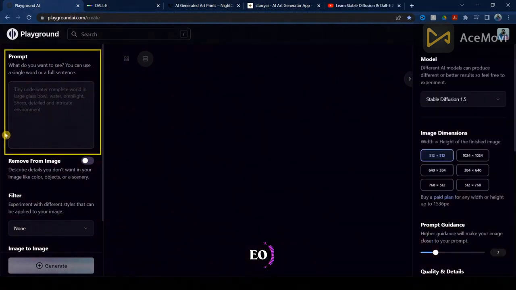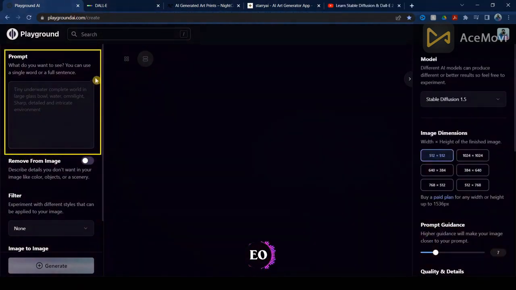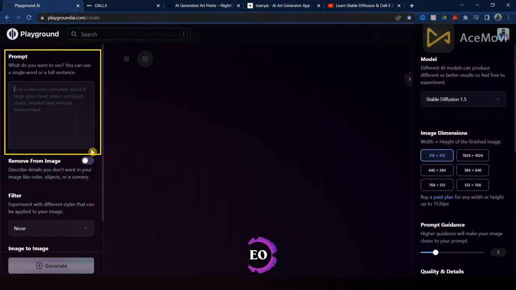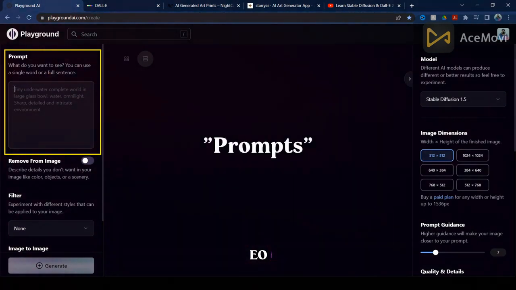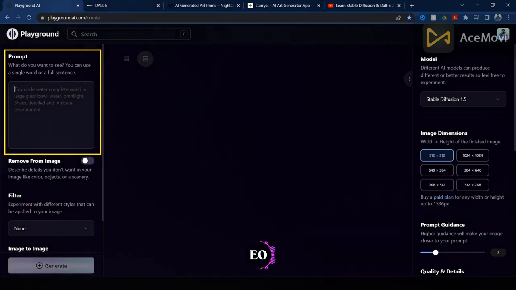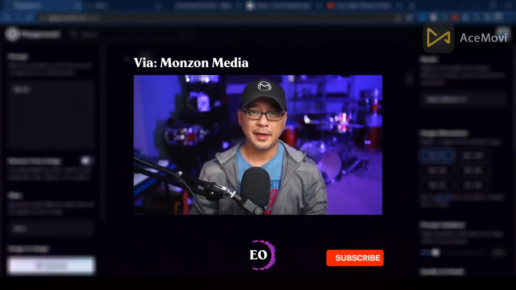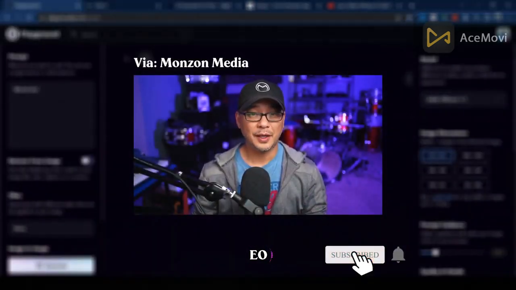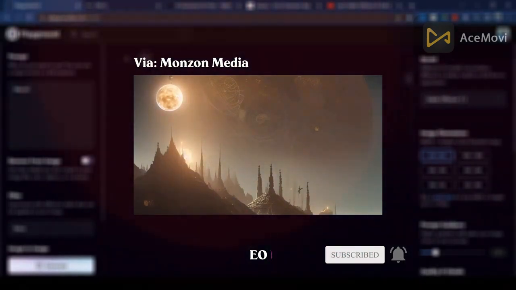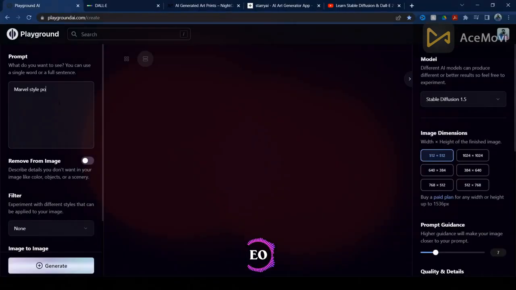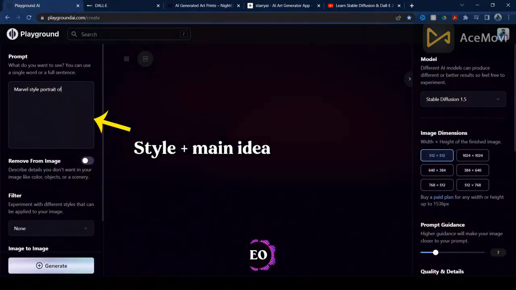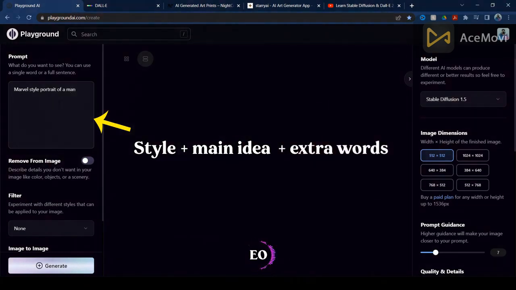The top left side is where you put your description and your main ideas to create the image. This is what we call prompts. A fellow YouTuber named Monson Media perfectly explained how to write a proper prompt for your creations. First is your desired style, followed by your main idea, then some extra words that you wanted to add to